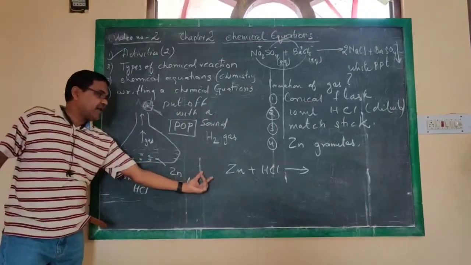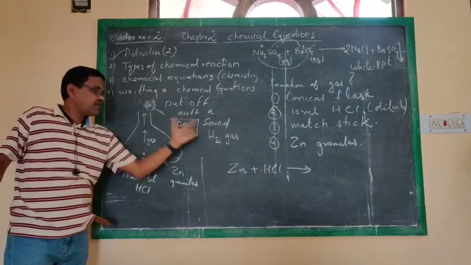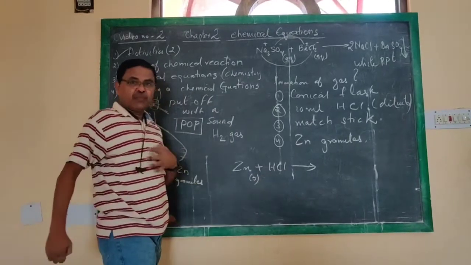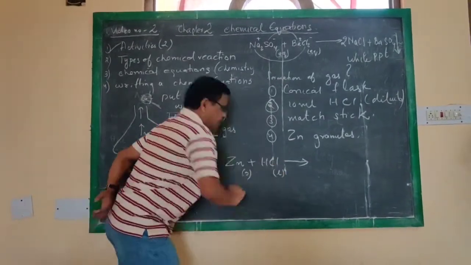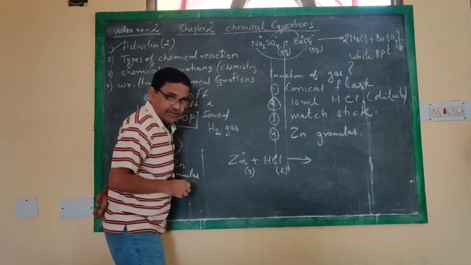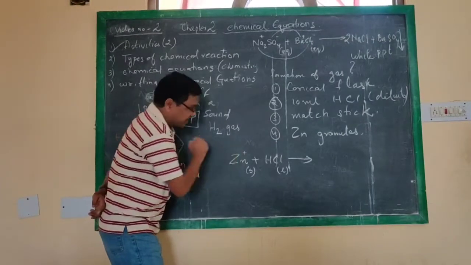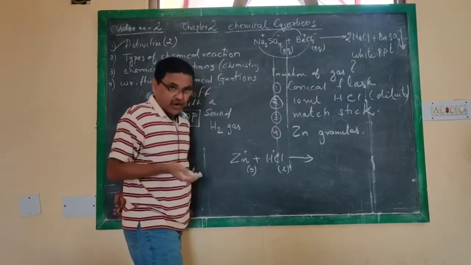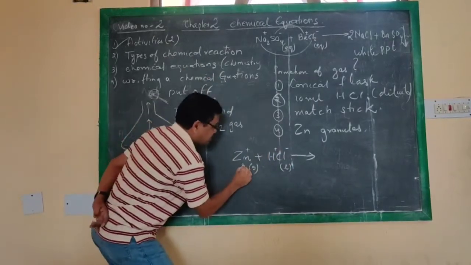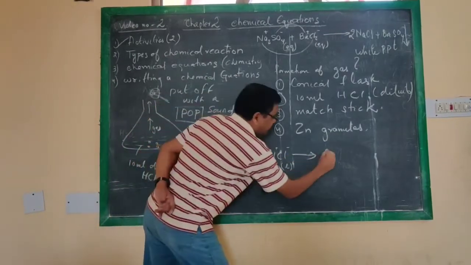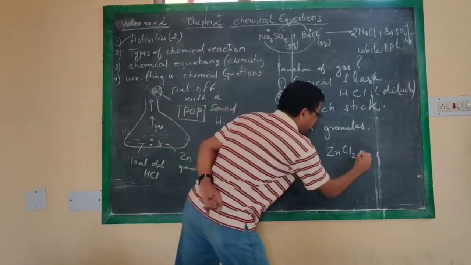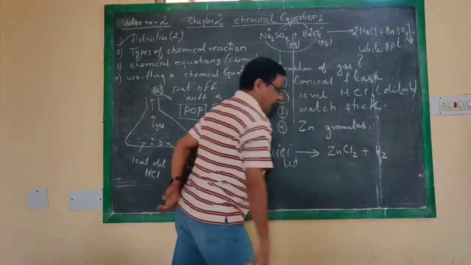Now, let us write the chemical reaction for this and see what is happening. Zinc, which is in the solid form, and HCl in the liquid form, both of them react, as I said. Zinc is a metal, it carries cations, plus hydrogen, which behaves as a metal and non-metal also. We take it as positive. Chlorine is negative. So the positive will come and join with the negative. We get zinc chloride plus hydrogen gas.